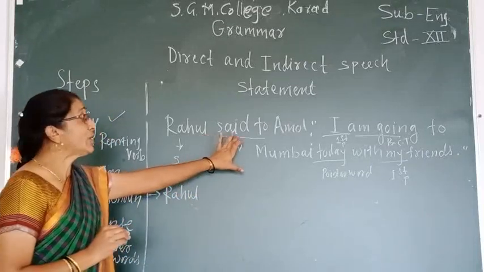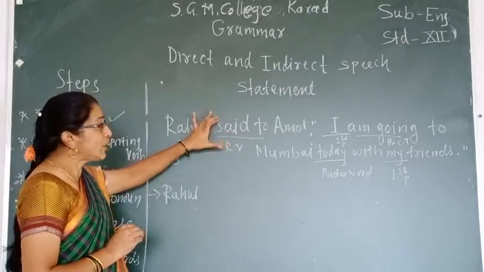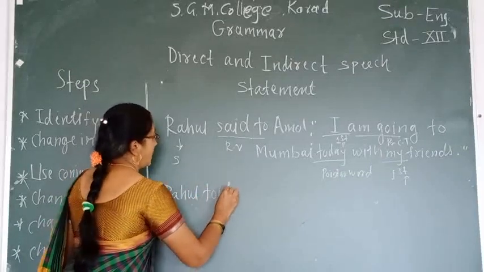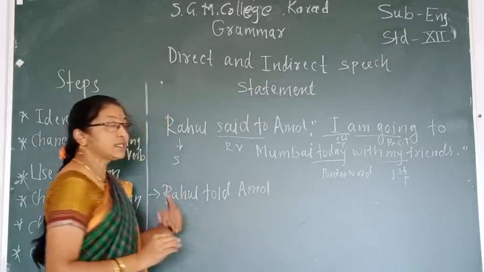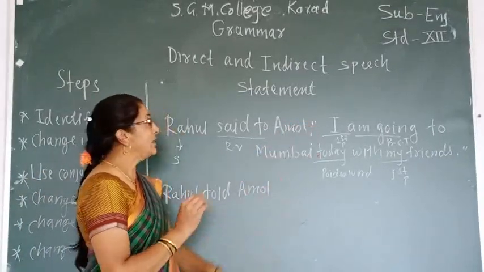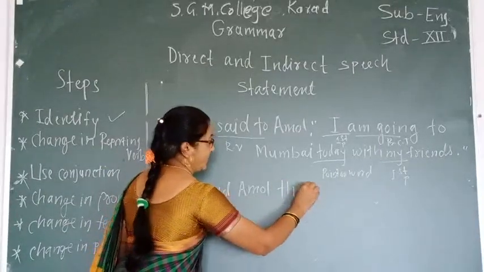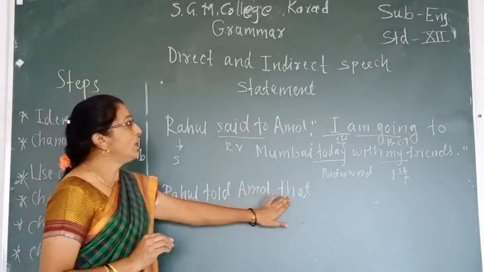Here is now the reporting verb "said to." In indirect speech, instead of "said to," we use "told." Rahul told Amol. Then our next step was to remove the commas and inverted commas and use the conjunction "that." Understand? Rahul told Amol that